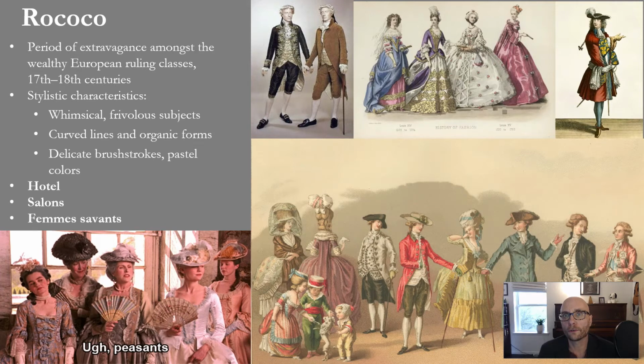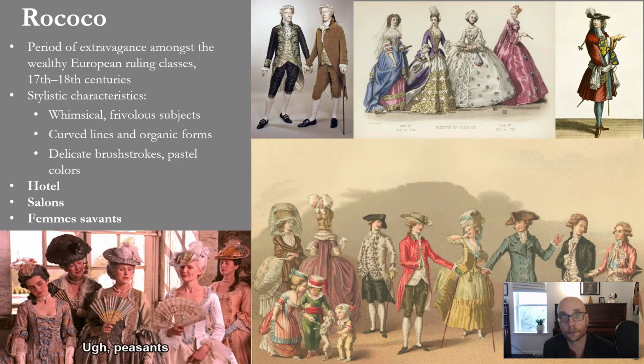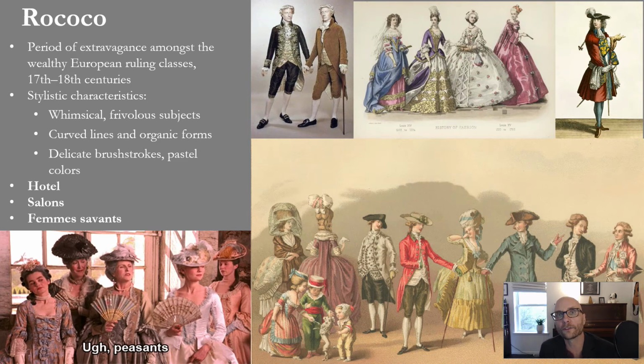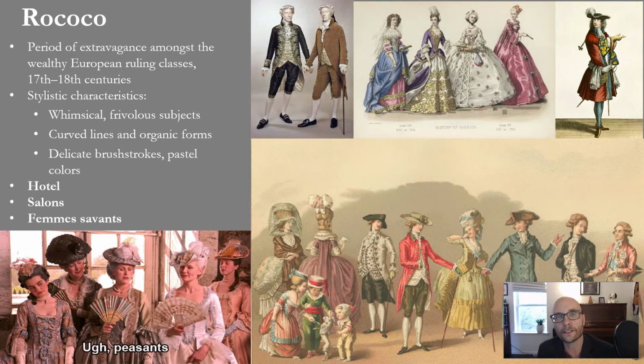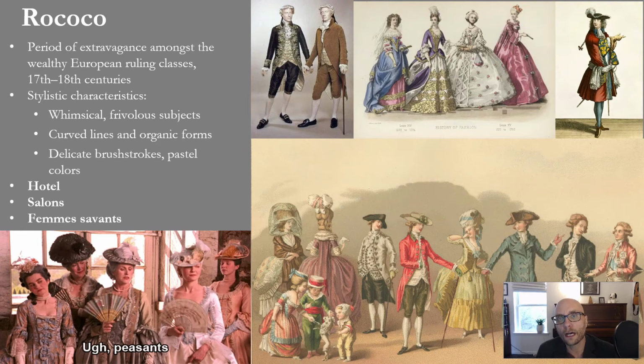Rococo. The Rococo is very much a period that is still a bleed over of the Baroque. In fact, the term Rococo itself is a play on the word Baroque, Barococo. And in many ways, the styles and the fashions and the culture of this time get their cues from the Baroque, but it's a more playful version. So as you can see here, the fashion of the day is really extravagant, with this influence of really bright colors, of pastels, of this extravagant clothing, which is very similar to Baroque clothing, but there's a playfulness and a more stereotypical kind of femininity, I guess you could say,